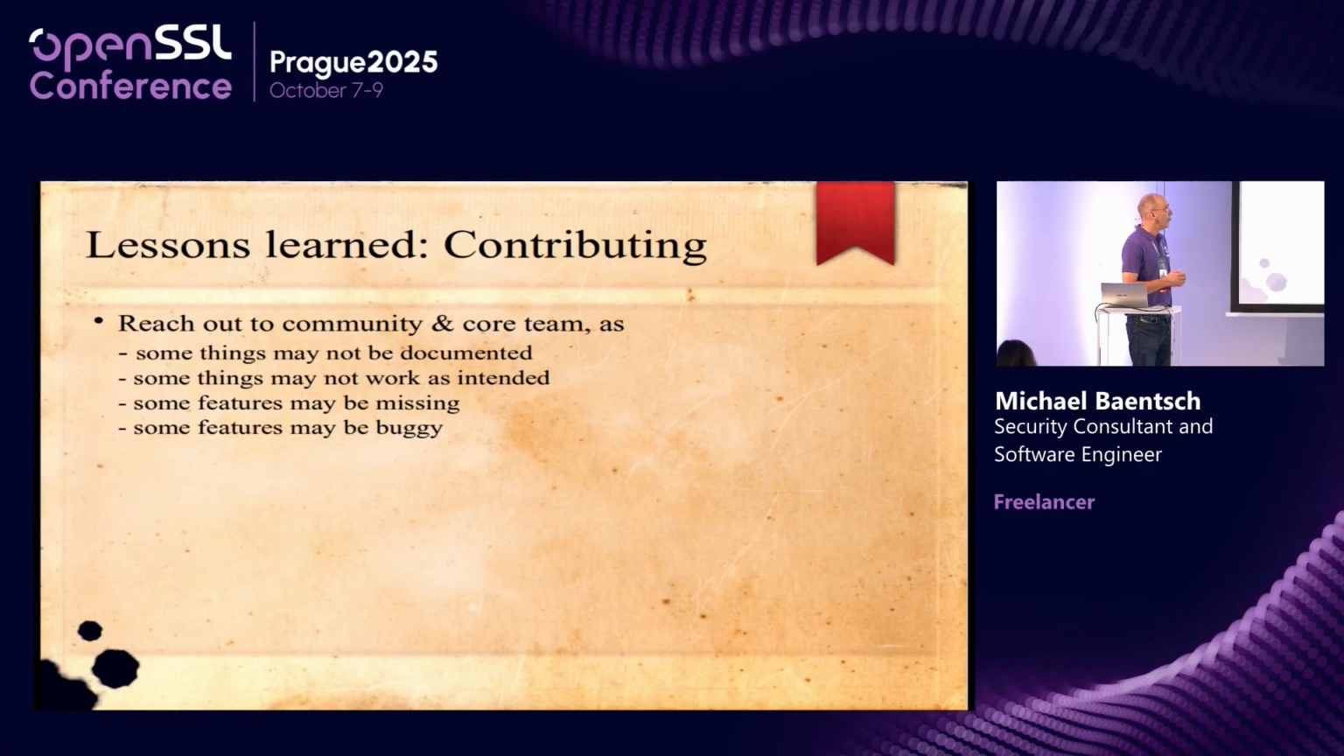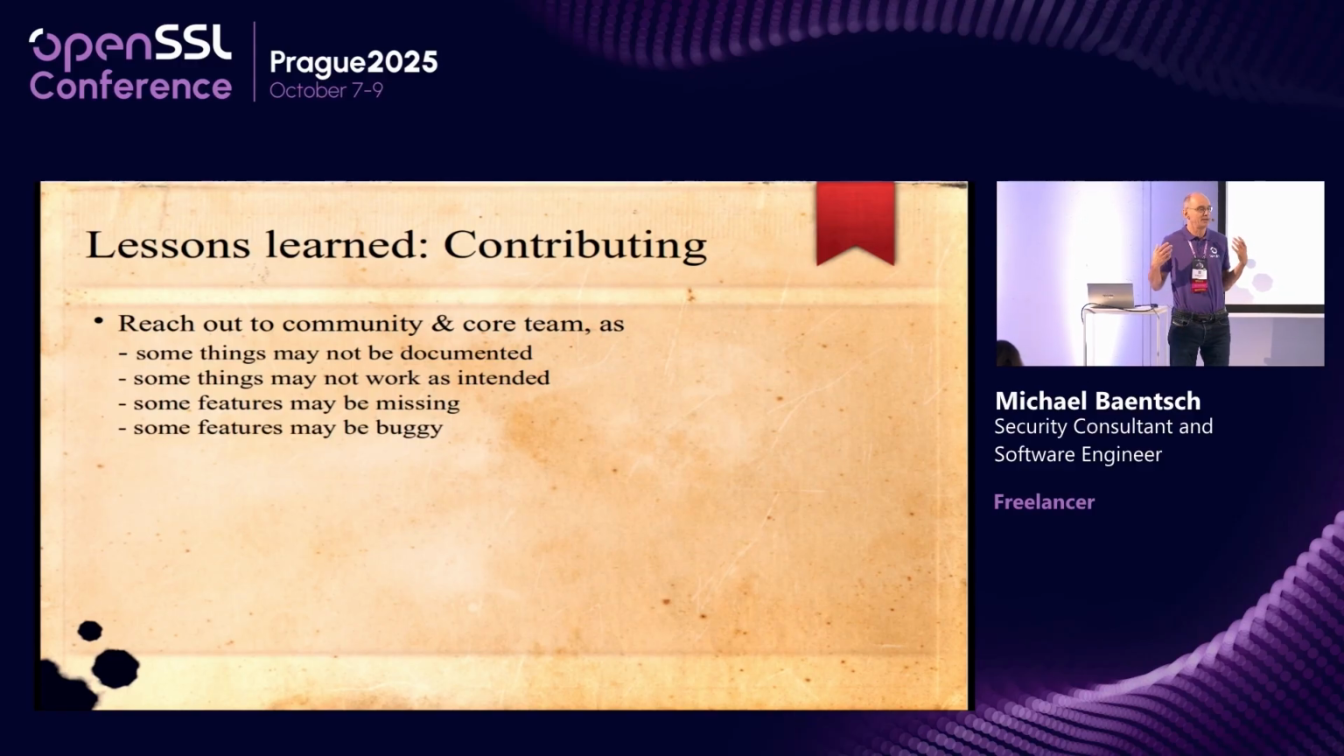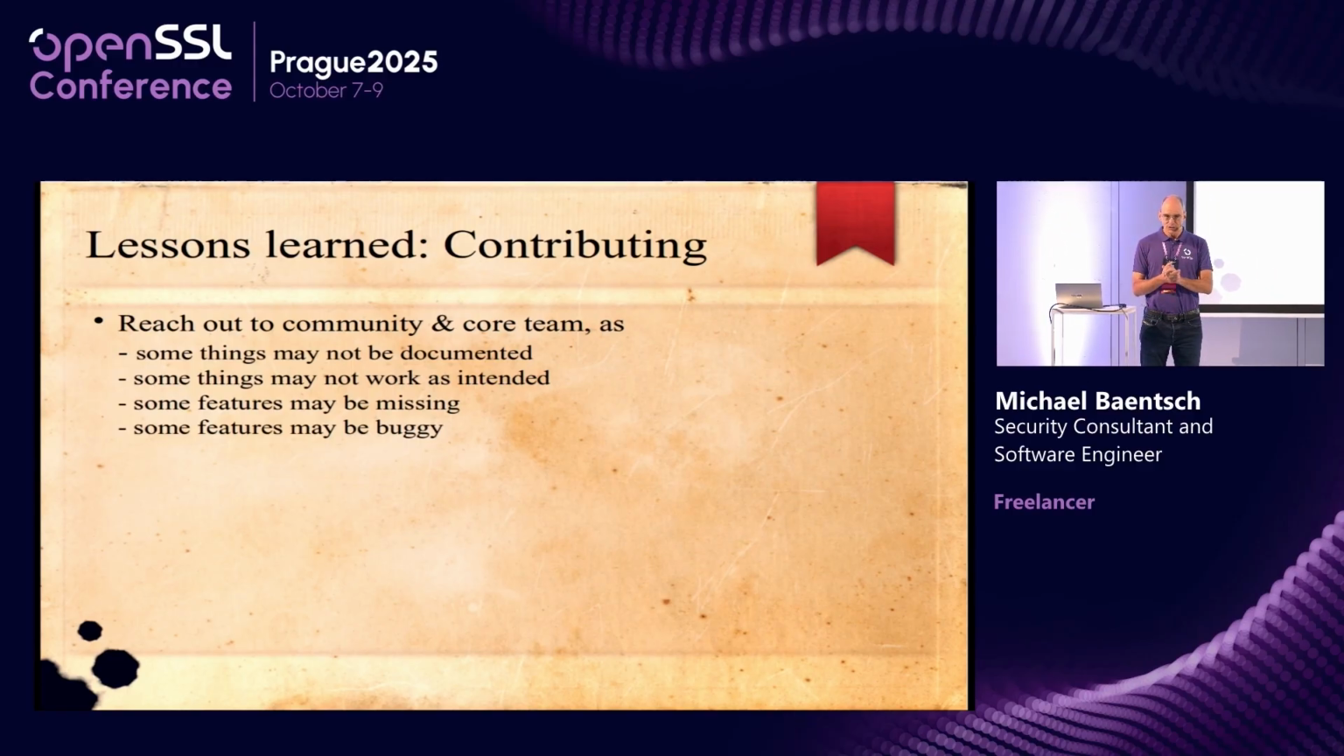Reach out to the community. And the community is, in my opinion, basically anyone active on GitHub, for example. It does not only mean committers, it also means any contributor, anyone who may have an interest in a particular area or in a particular piece of the code base of OpenSSL. Reach out to them, ask questions, because